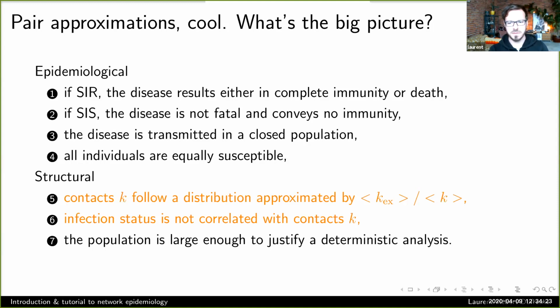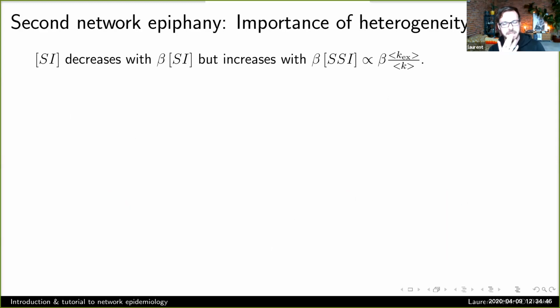So when we were using those static numbers to describe the degree distribution, we were making this sixth assumption here, and we're going to try and relax that later. But the pair approximation is really, really fun because in the SIS case, it's only 3 equations. It's not much more complicated than the classic models, and it allows you to consider some heterogeneity and go much further, right?